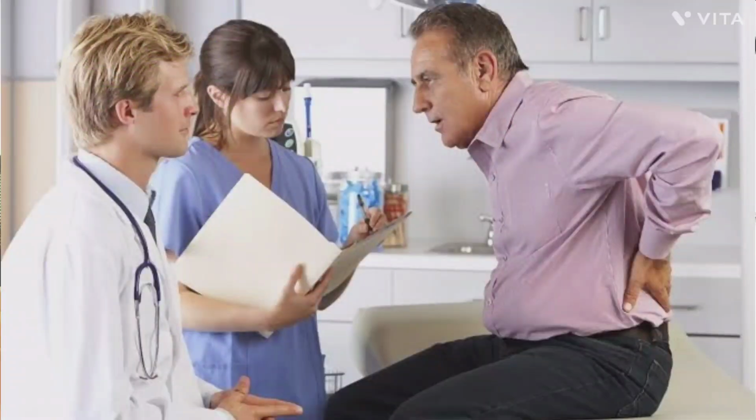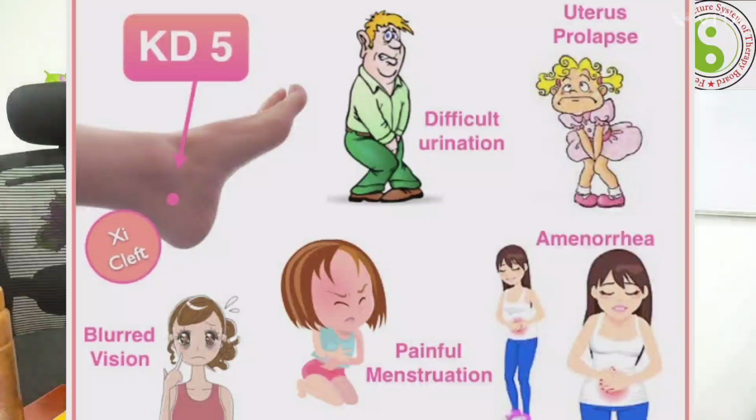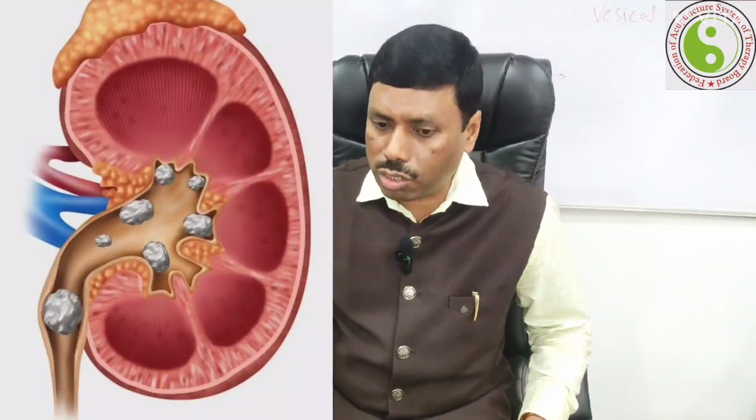At that particular time, the patient complains, I have pain in that particular region related to kidney stones. At that time, in an emergency, you can activate the point known as Shuiquan. That is the K5 point, the cleft point. In an emergency, you can insert the needle on that region. Definitely K5 point is for kidney stones. However, when kidney stones are there, the stones can be regulated by activating some of the points.